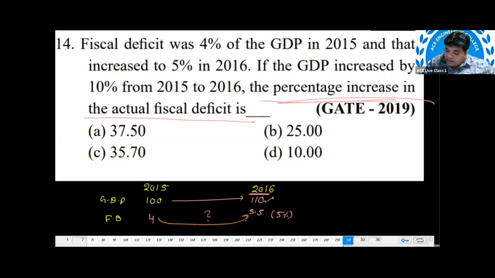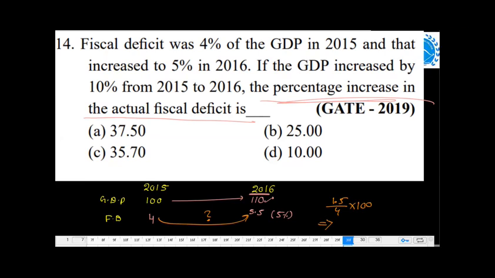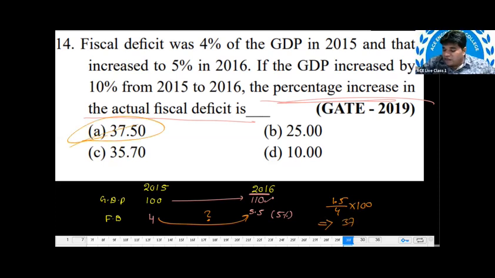How much increased here? 1.5 compared with the 4, into 100. Use the calculator and tell me the answer. 37.5%. This answer is 37.5. If you don't know this point, this question is very lengthy. You can check any other notes also, very lengthy, almost 5 to 7 steps. If you are perfect in the concept, just 2